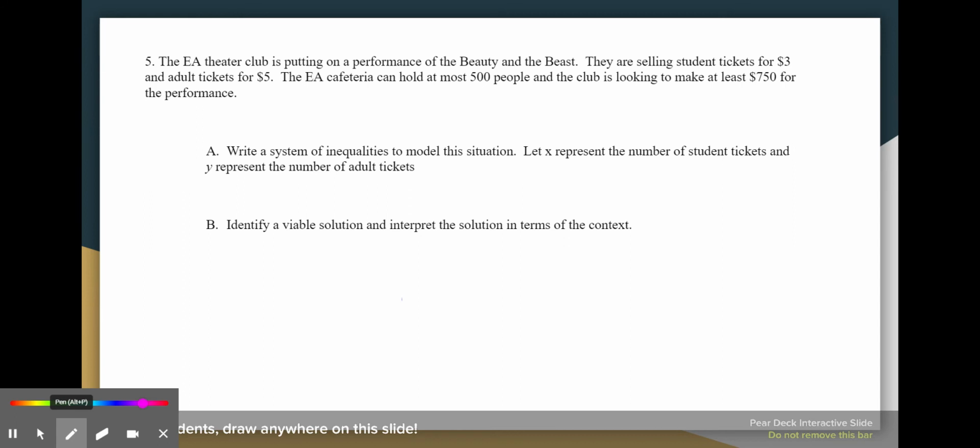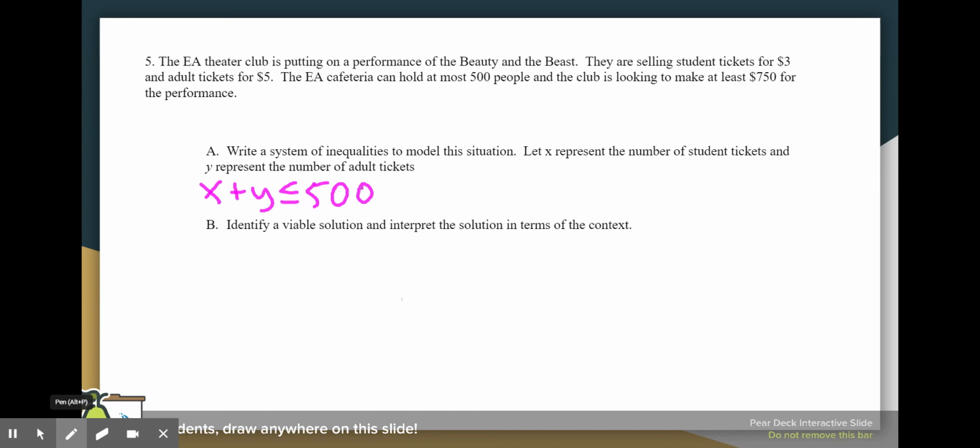So this is kind of similar to the one we did in number 3, I believe. If X is the student tickets and Y is the adult tickets, then X plus Y cannot be more than 500 people. So it has to be less than or equal to 500, simply because you can only hold 500 people. And then the other part of the system is going to deal with the